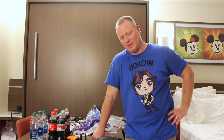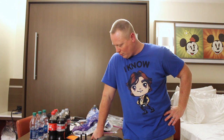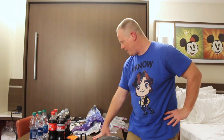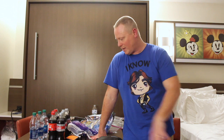What does your backpack look like? Especially at the end of the day, what do you put in your backpack? Is your backpack just the catch-all for everything that happens in the park? Or do you save it for the necessities? This is not normal. We literally took this to the park tonight because I was getting my money's worth. And we really hate carrying bags. So put it in the comments below. How do you use your backpack? And does yours look anything like mine at the end of the day? I'd really like to know that I'm